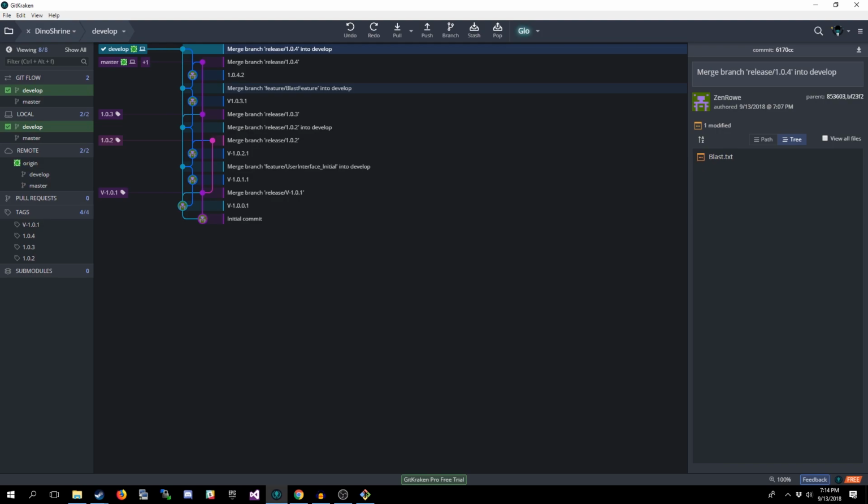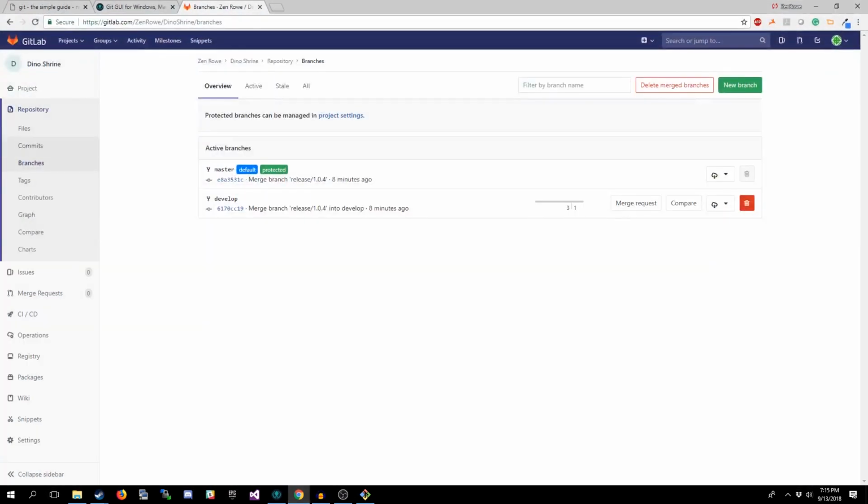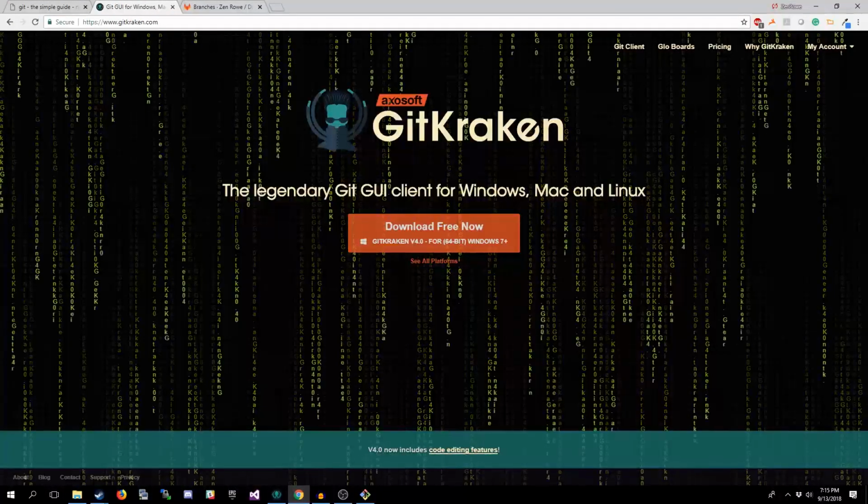Git is extremely helpful. I like working with it. It's not perfect. Nothing is. But it's pretty darn close. But be careful when you're working with stuff. Don't just go around willy-nilly. If you're not sure how something works, if you're not sure what a particular feature of the system does, GitKraken offers tutorials on their system as well, so that you can get more familiar with a bunch of it. But this just kind of got you started.